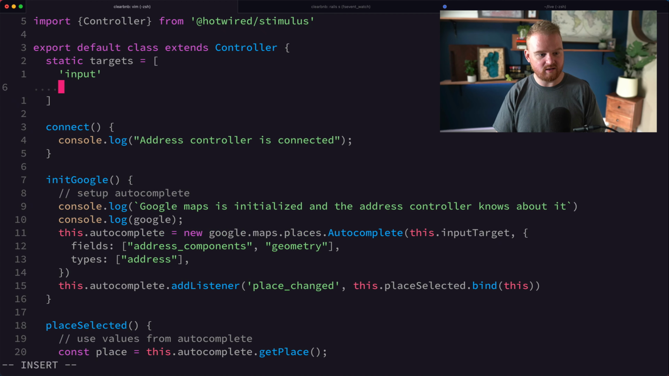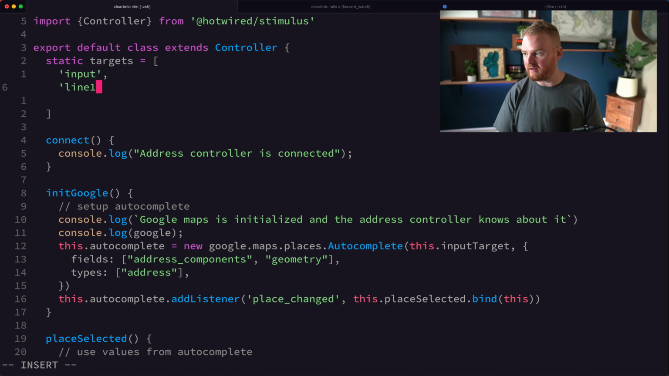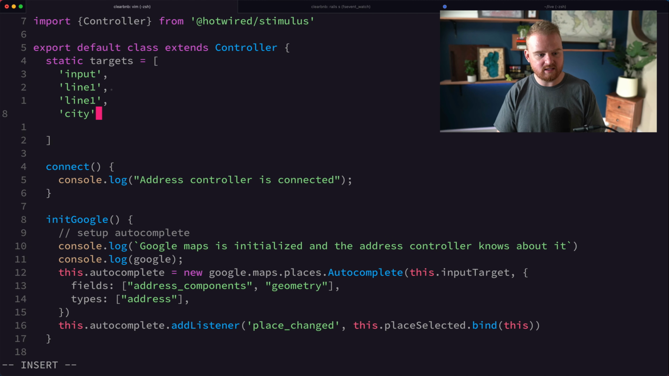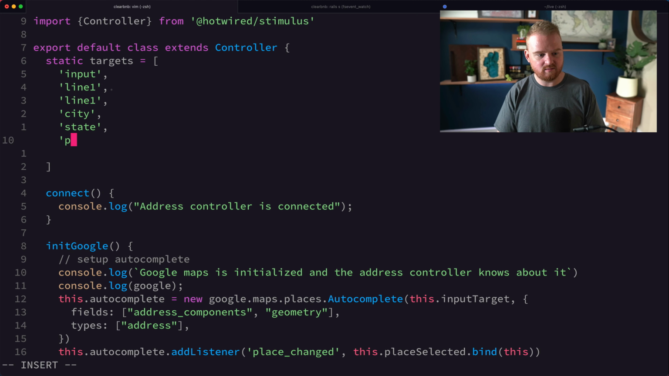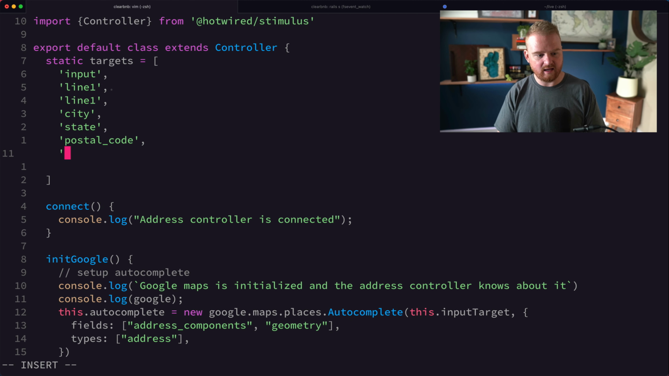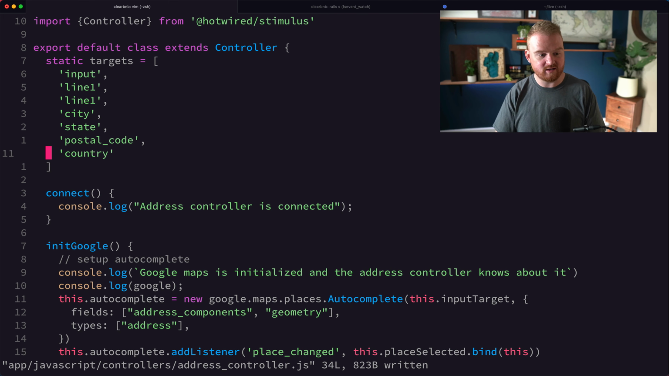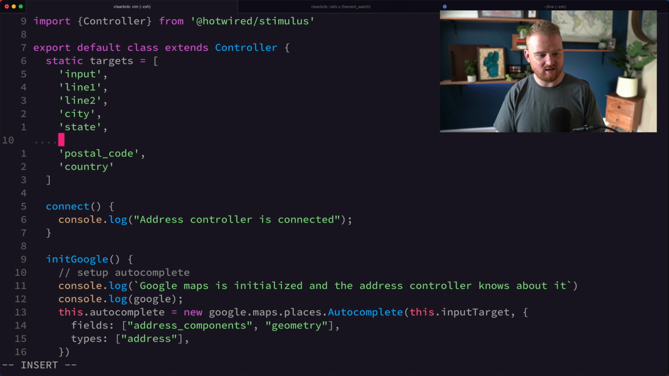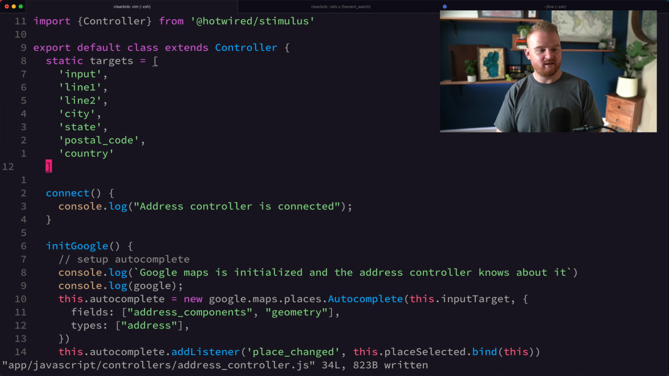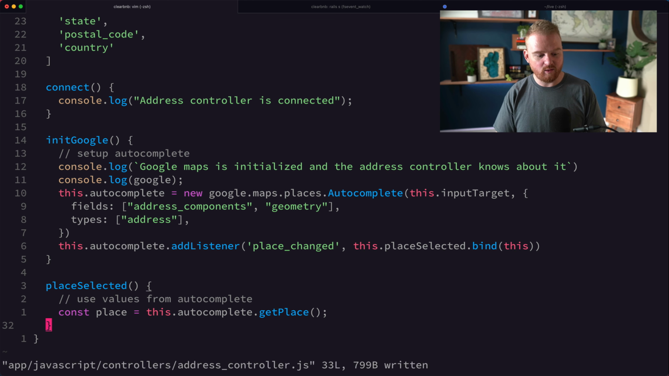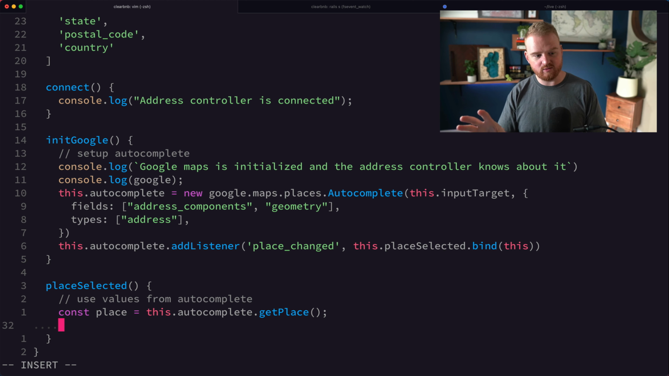So up here, we can now create line 1. We can have line 2, city, state, postal code, and country. And now several new targets are going to be created for us for these: line 2, city, state, postal code, country. Okay, so now when the place is selected, we want to iterate over the components and update those HTML